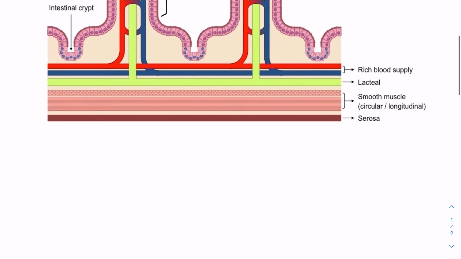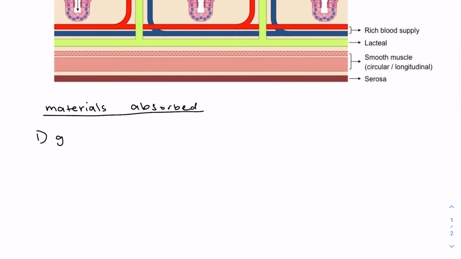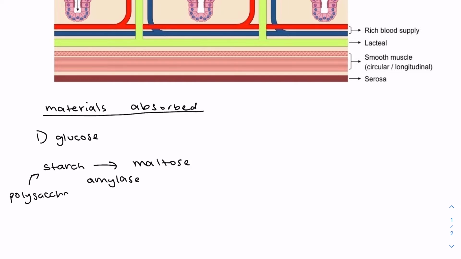Let's quickly go over exactly what materials are absorbed by the villi in the small intestine. Firstly, we have glucose. This is created when starch is broken down into maltose by the enzyme amylase. Just a reminder, starch is a polysaccharide, meaning that it is a polymer of sugars, whereas maltose is a disaccharide